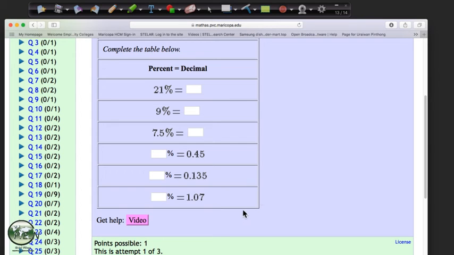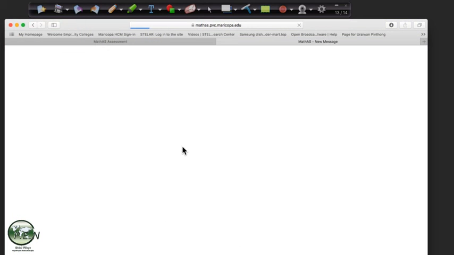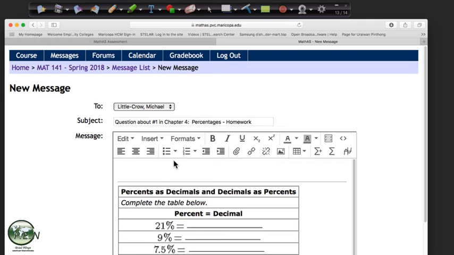And if you're not quite sure how to do it, when you message me, it's helpful if you put some kind of a message up here. I just say that because sometimes I just get a message with nothing there, so I go, well, you obviously have a question, but I'm not sure what your question is. But something. I can pull them up and I can do a little video. I can send you a link to the video, and then I can post that in Canvas so that others could see them too. And I'll do that when there's a good question. Occasionally I've got videos already for these, and I'll direct you to them.